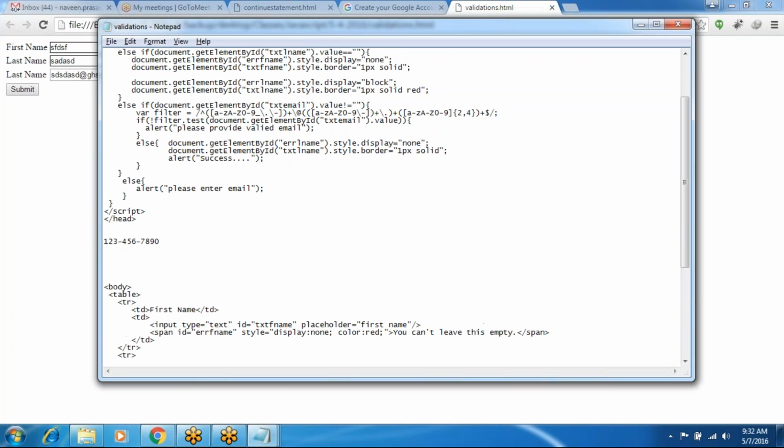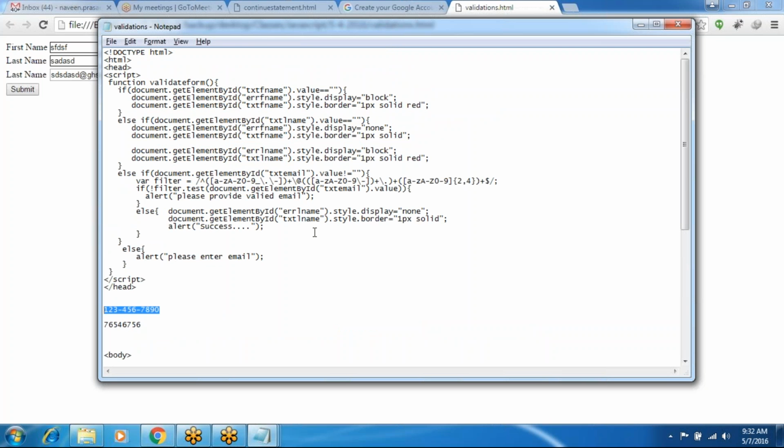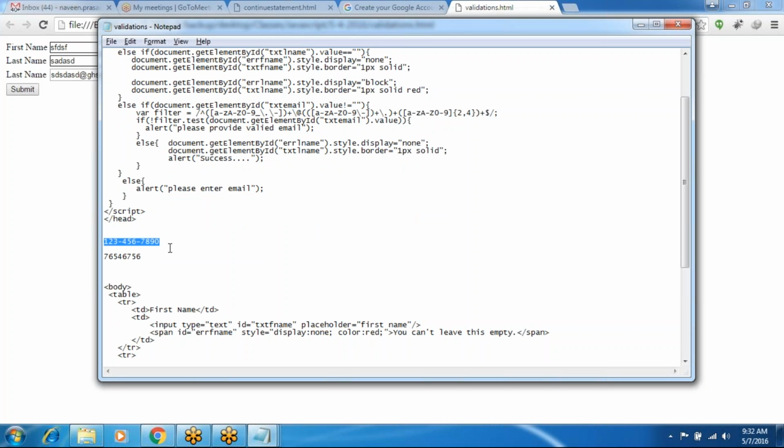If you enter numbers otherwise, it will not accept. The text box accepts only this format. Do one example for this also, and first name and last name accept only string values, not digits, and the phone number accepts only this format, not normal integer values.